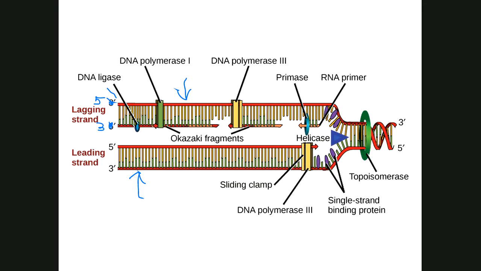So here's how the other strand works. It's called the lagging strand, because it takes a little more time. As the helicase unzips it, it adds the RNA primer, but at the other end. See? The RNA primer for the leading strand would be attached down here, and then we'd be off to the races. But because of the other strand, you got to go 3 to 5. You got to go to the other opened end and read back the other way. Okay? And so what happens there is the primase lays down a little bit of RNA primer, and then the